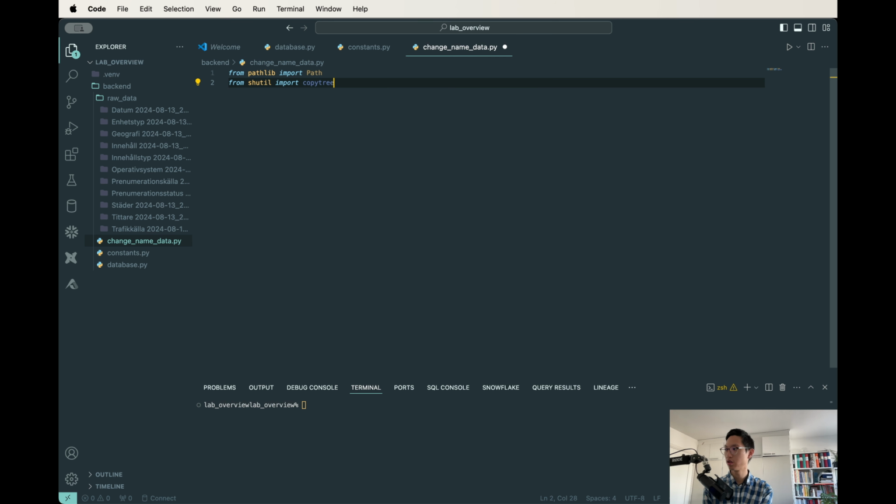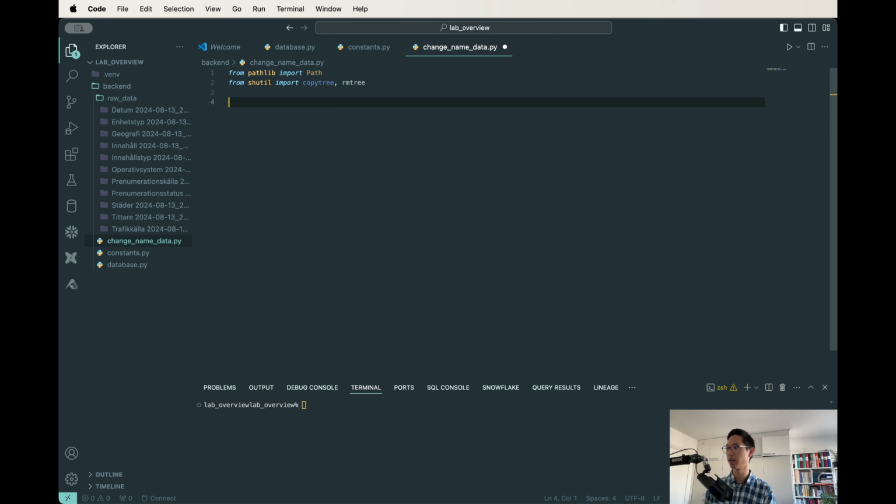This I need in order to copy the folders and the corresponding files into another place. And then I will have rmtree as well, in order to remove data,